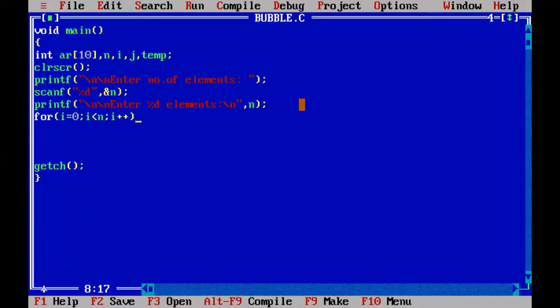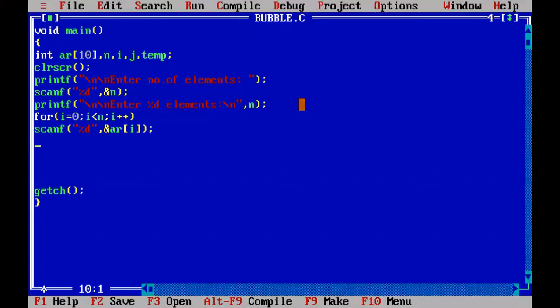Whenever the loop is iterating 5 times, execute the scanf 5 times and capture one element for one iteration. For 5 iterations, 5 elements are captured with scanf and stored into the address of ar of 0, 1, 2, 3, 4, represented with the i variable. So with this, all the 5 elements are captured.